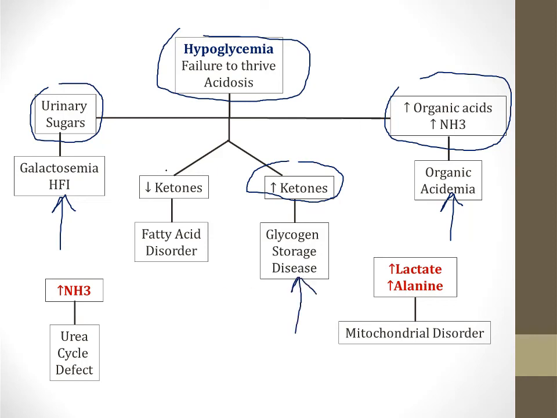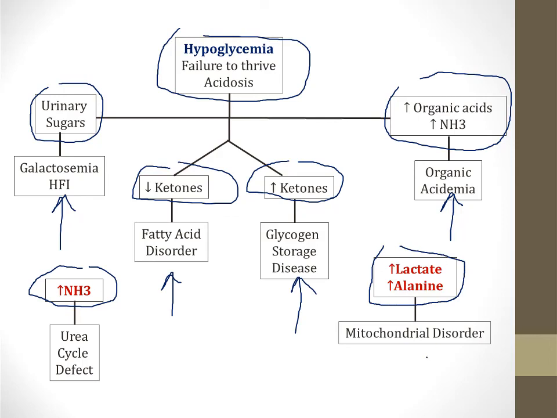If you have hypoketotic hypoglycemia, remember that is a very unusual finding, and that suggests some problem with fatty acid metabolism. Also, if you see an isolated high level of ammonia, that suggests a urea cycle defect. And then finally, if you see high levels of lactate and alanine, that suggests the mitochondria aren't working, and you should look for some mitochondrial disorder as a